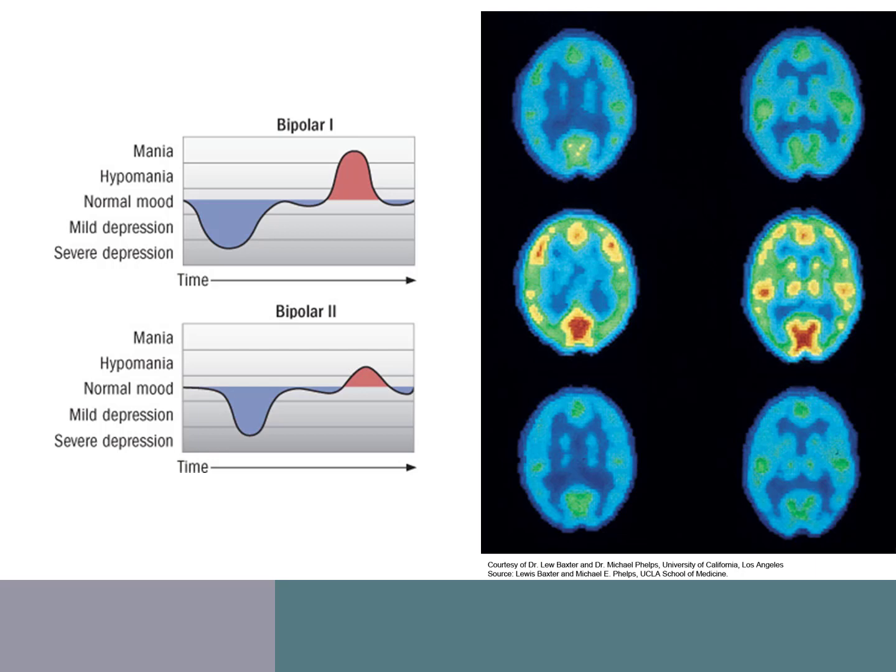So there are two types of bipolar disorder: bipolar 1 and bipolar 2. And the thing that really sets them apart is how severe the manic episode is. In bipolar 1, it's full-blown mania. In bipolar 2 disorder, it's something called hypomania, where it's a little bit less. It's not as severe. And what mania is